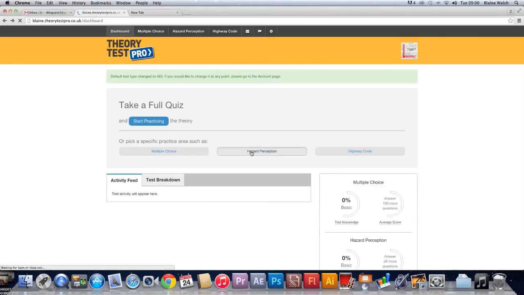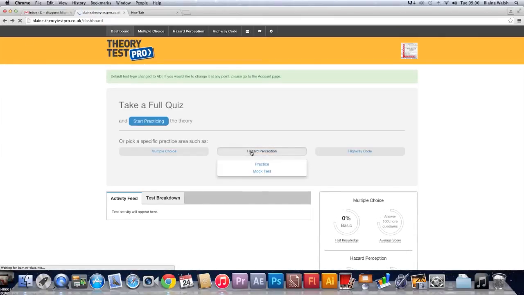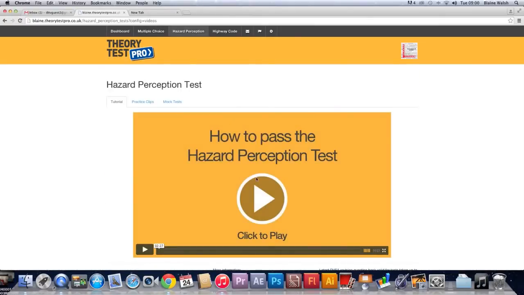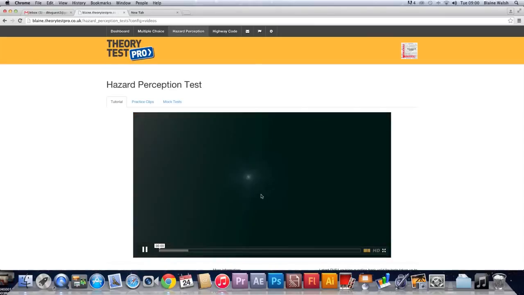Got hazard perception. This is the bit that people struggle with. So if you click on the link that's above my head now, you'll see that there's a link there to some videos I've made on doing the hazard perception, how to click the hazard perception. So that's certainly worth doing, and I would certainly start with the practice ones, because with the practice ones you can